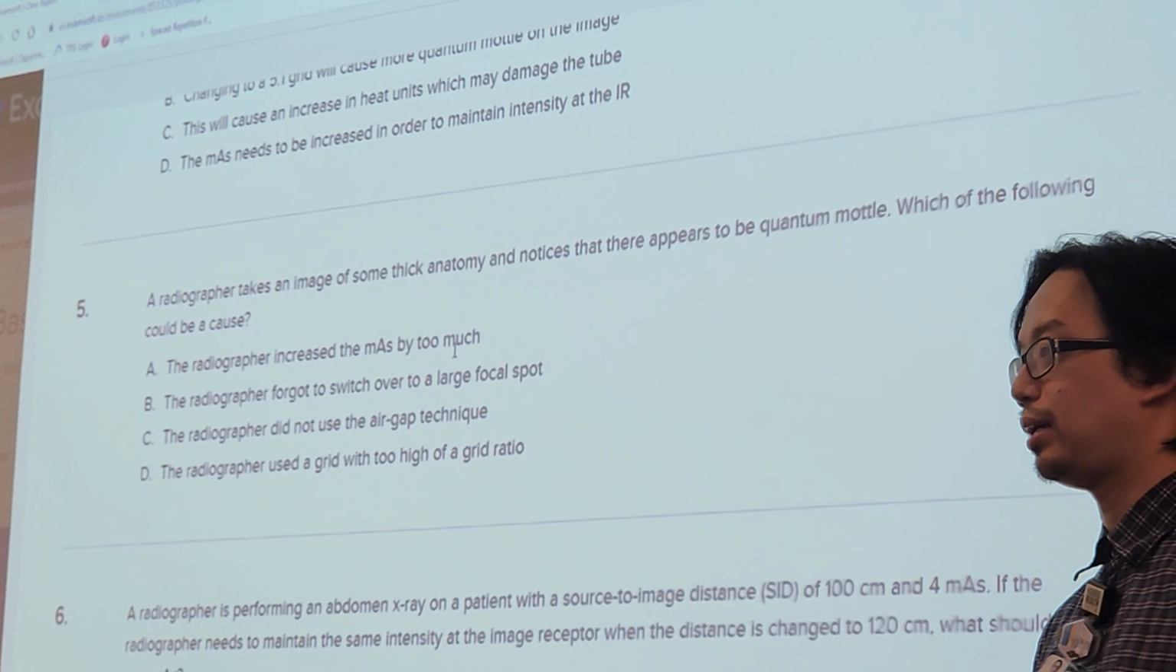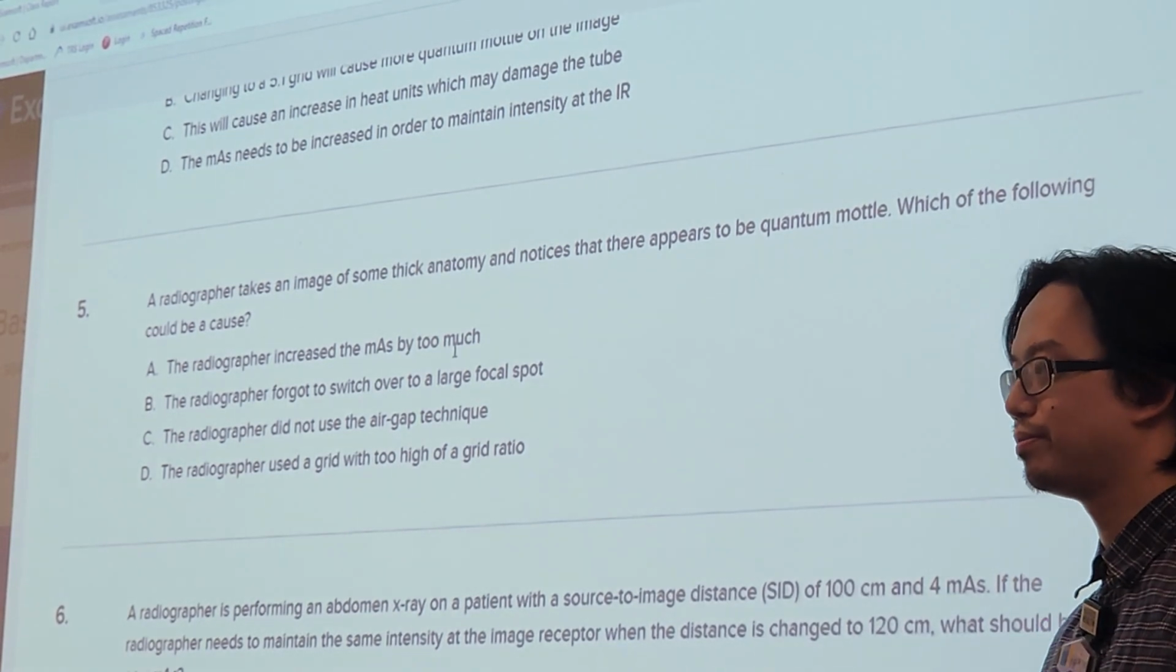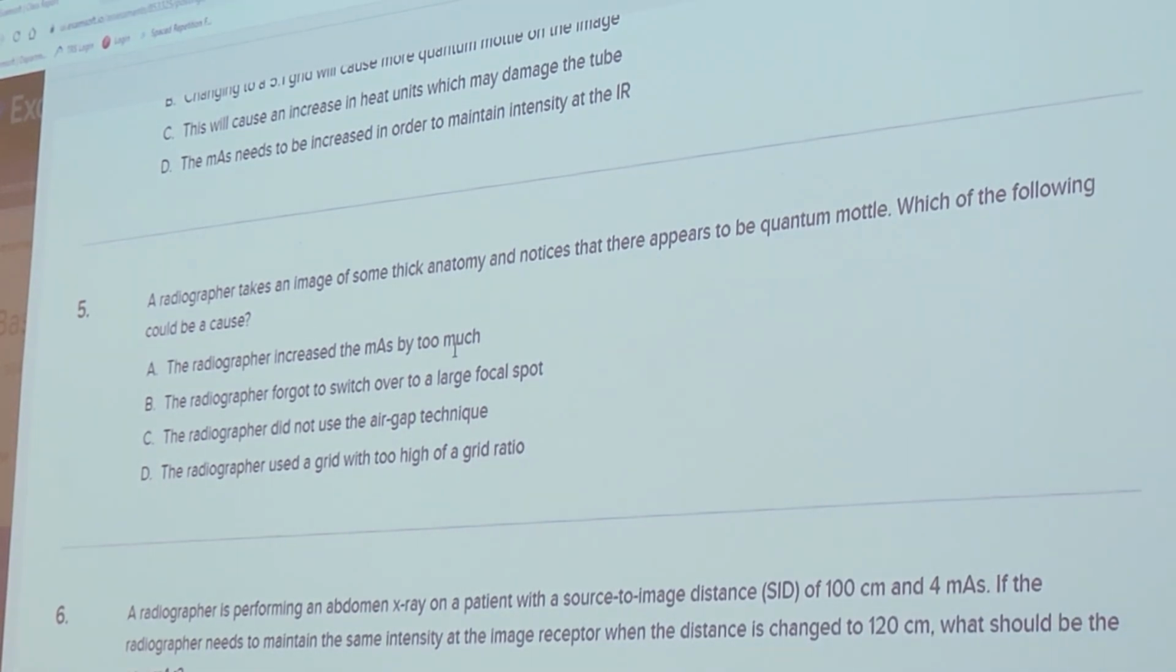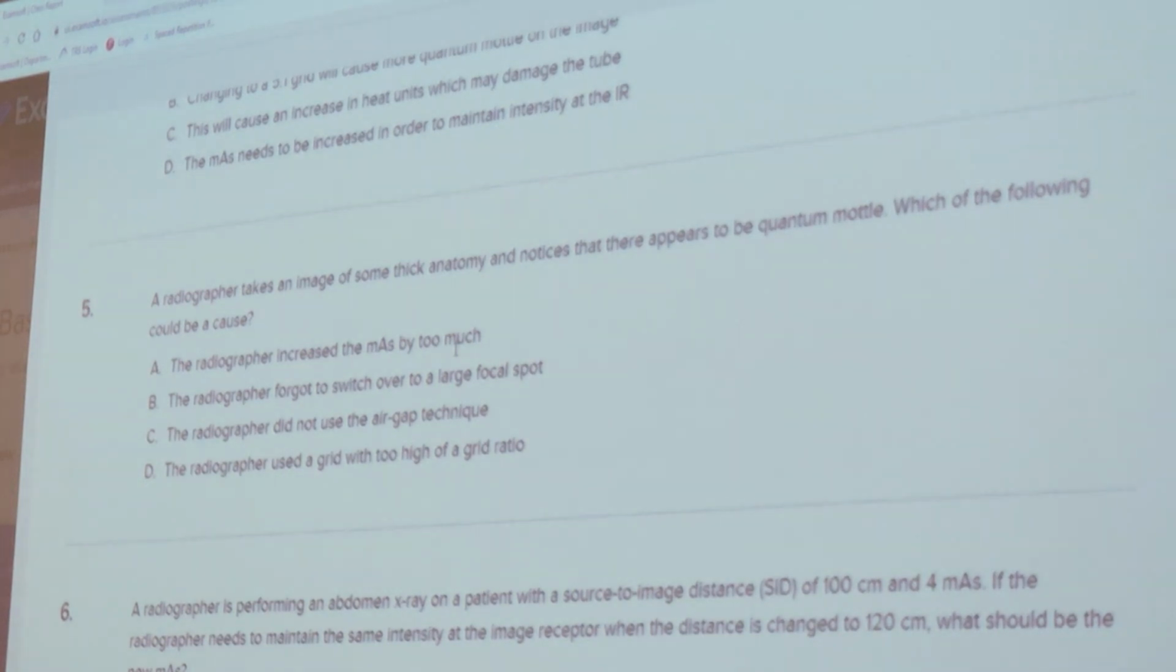So you're trying to maintain intensity by doing that. So you have to increase. So there's going to be a test question. It's not on here. There's going to be like